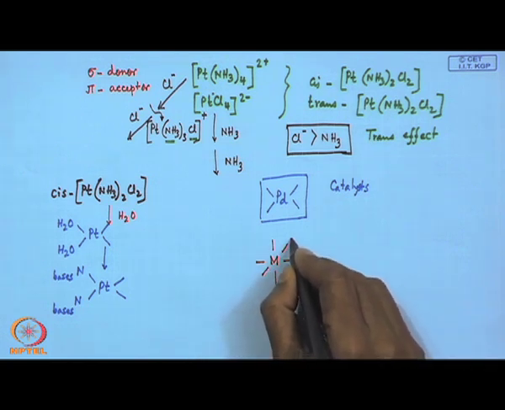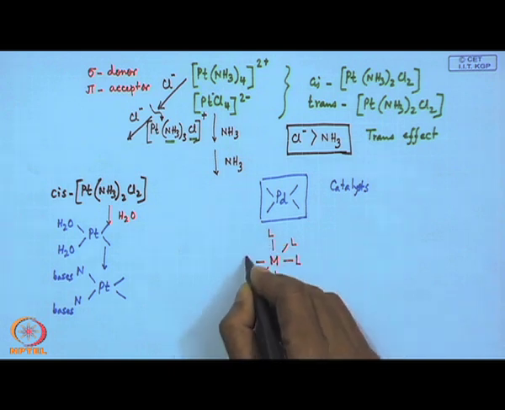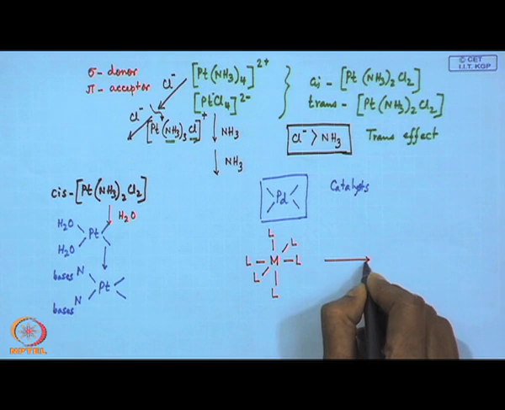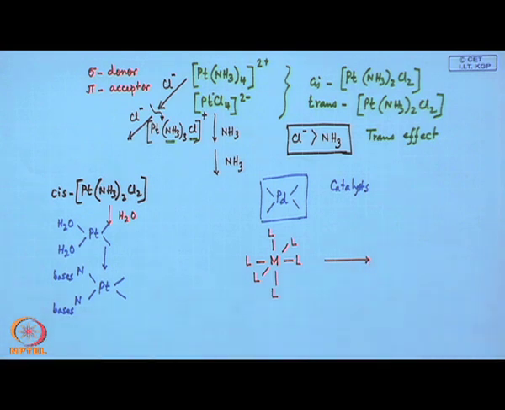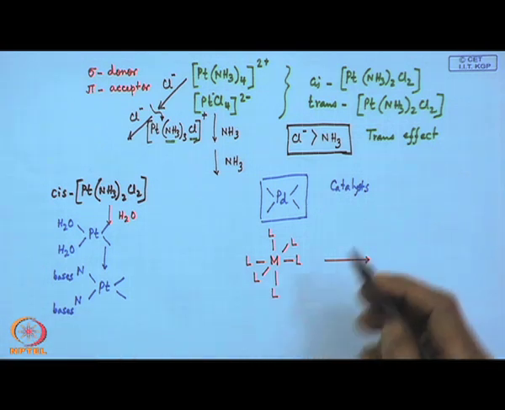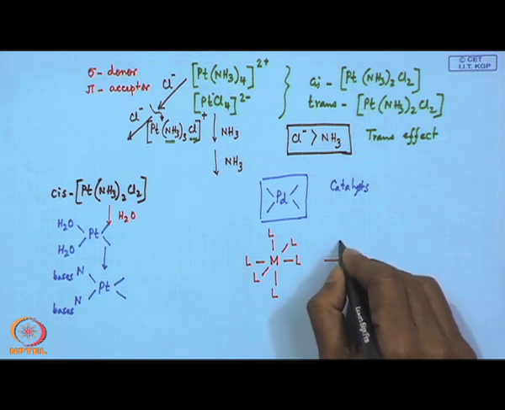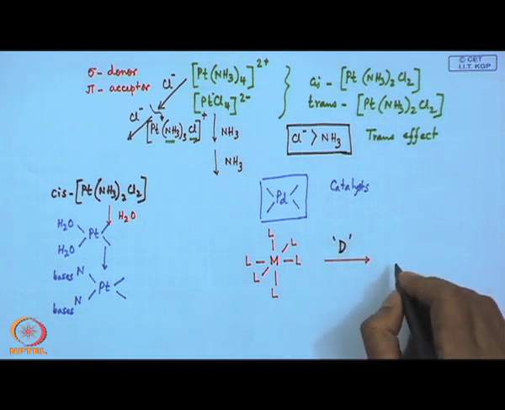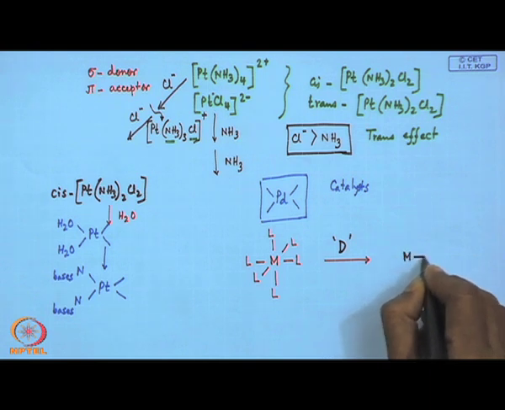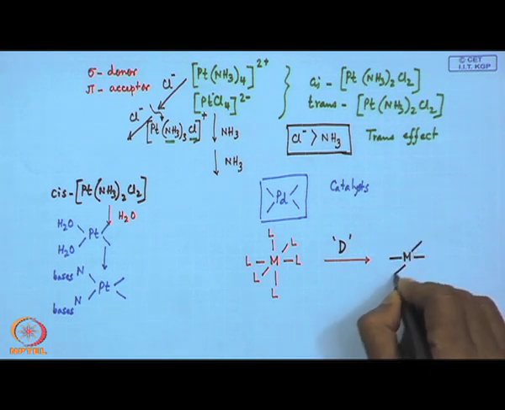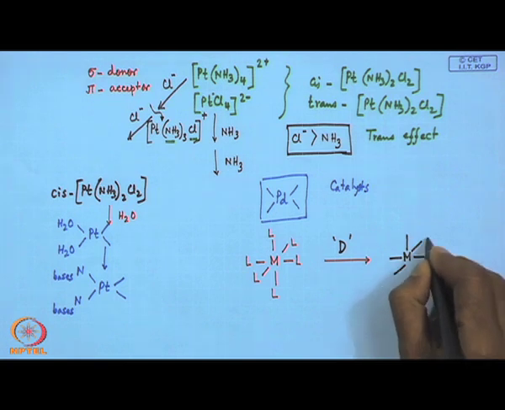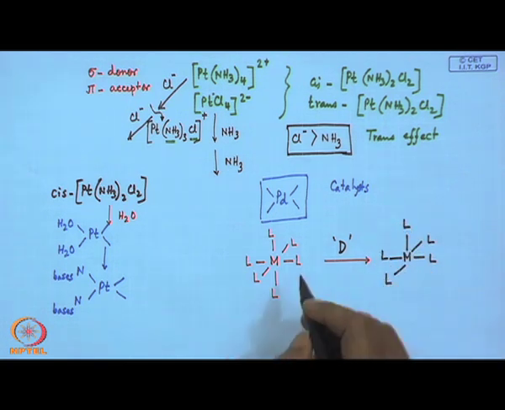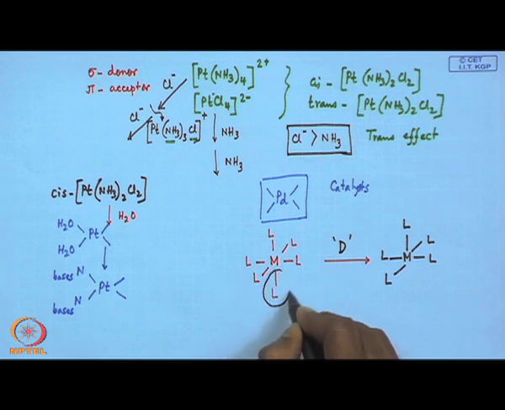So, how big the group L is, and the pathway, that means the dissociation, that means if the mechanism of the reaction is D type dissociative pathway, then we can have the square pyramidal geometry, and this particular group is going away,